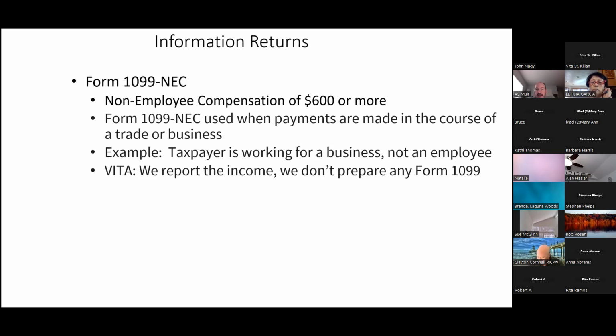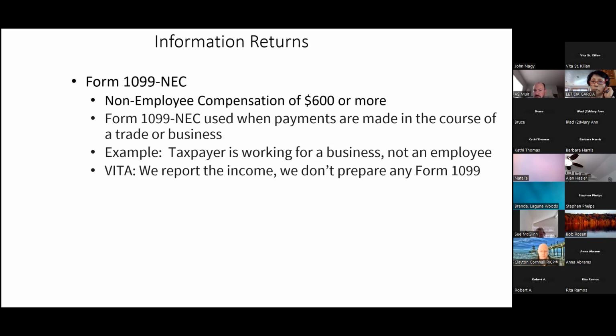So for example, I'm a tax guy, among other things. And every once in a while, I'll have tax professionals work for me. I'll give them an assignment. And the only thing I'm interested in is the end state. I don't care where they do it. I don't care when they do it, how they do it. I just need the end state to be completed, whether it be they're going to do research in tax court cases, and they're going to present me with a white paper. And that would be an example of a non-employee, and I issue them a 1099 based on what I pay them during the year. And of course, then what they would do on their Schedule C as in Charlie, they would report that income and any expenses.